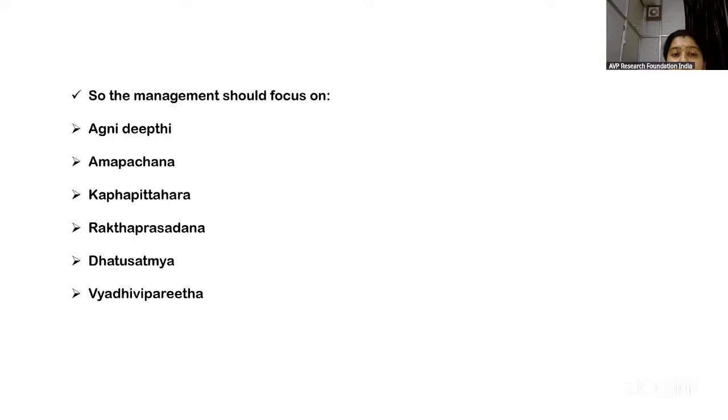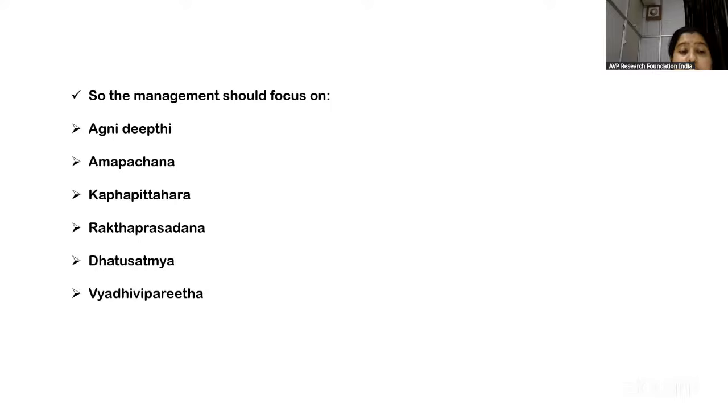So the management factors in Ayurveda include Agni-deepti, Amapachanam, Kapha-pitta-haram, Rakta-prasadanam, Dhatu-samya, Vyadhi-viparita, etc. That is, in Ayurveda, Agni is considered very important. Your digestive power or internal Agni is very important in the manifestation of all diseases. So the first level of management is that we should improve your internal Agni, so that there is no formation of any undigested matter or